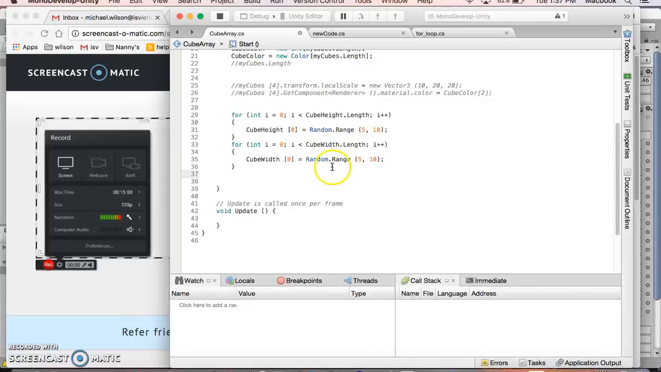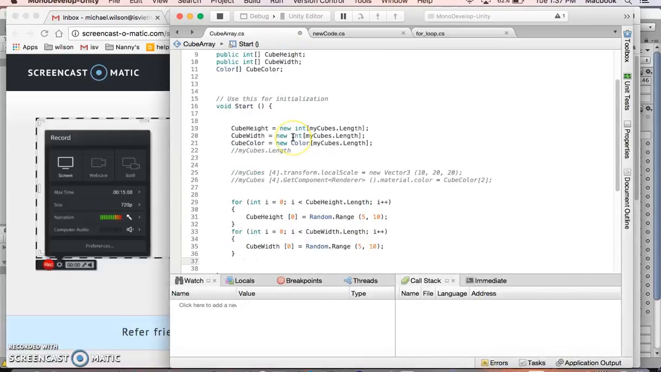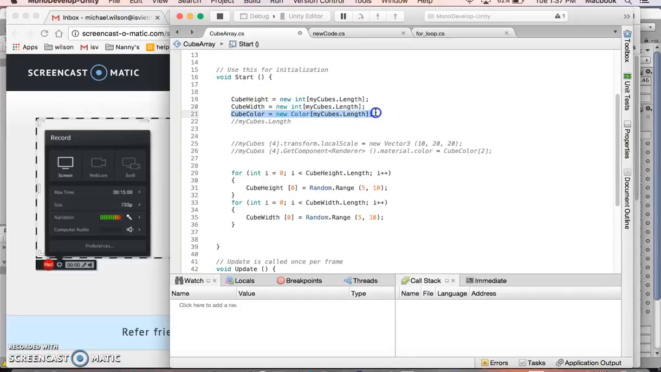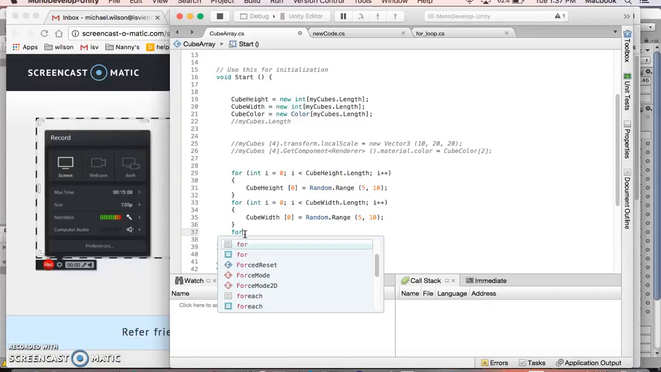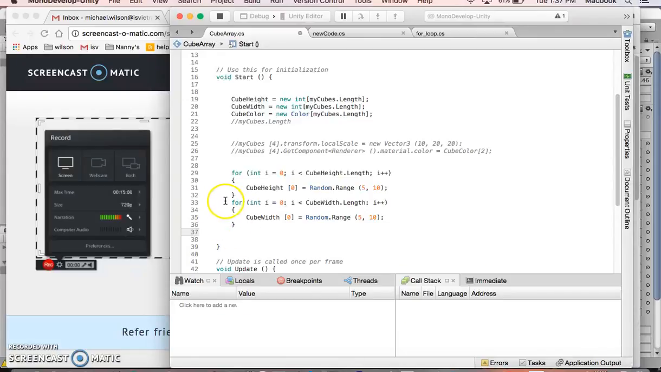Okay, so the final part is to actually fill up the cube array. It's similar to before, so rather than type it out, I'll just copy the for loop that we have here. This one's going to be slightly different,